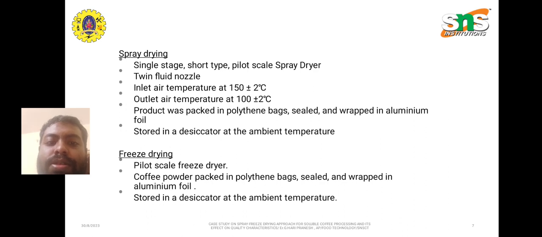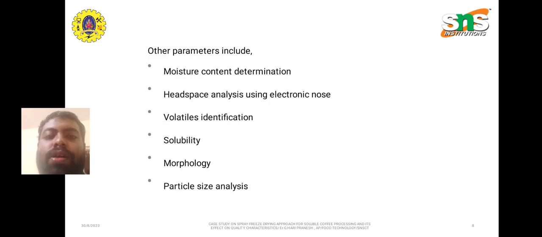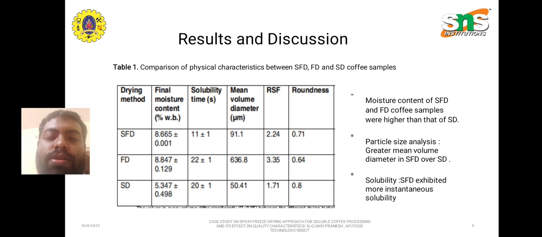As for freeze drying, it is a pilot scale freeze dryer, automatic in nature. The coffee powder is packed in polythene bags, sealed and wrapped in aluminum foil, and stored in a desiccator at the same ambient temperature. The other parameters for analysis include moisture content determination, headspace analysis using an electronic nose, volatile identification, solubility, morphology, and particle size analysis. Now coming to results and